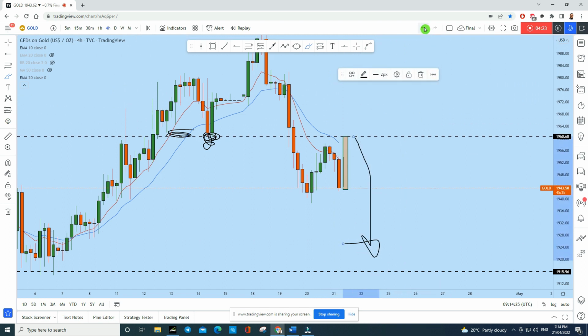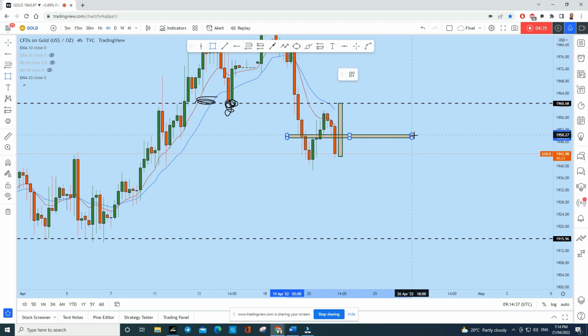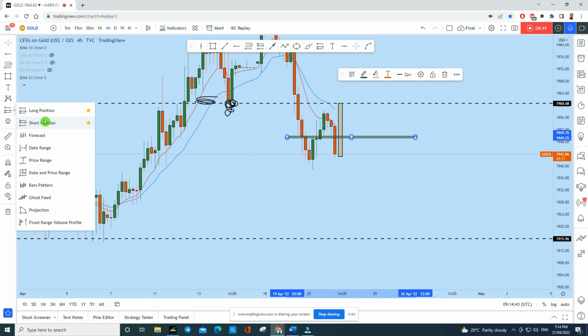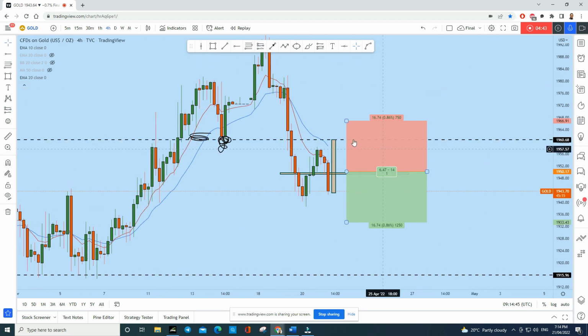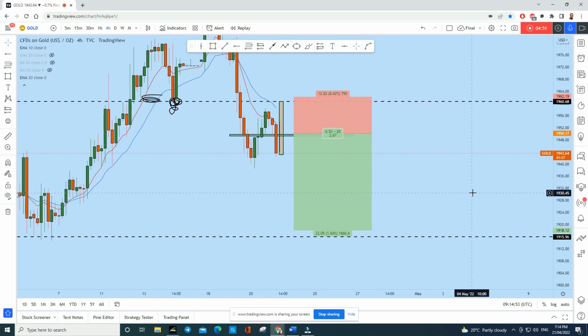If this is the case, then we will be waiting for today's high impact news release later today. As soon as the news release is done, if we see a doji formed along this zone, then we will be trading gold to the short side, keeping the stop loss above the doji. And then we'll target at least this level, which is the monthly support, which could give us more than